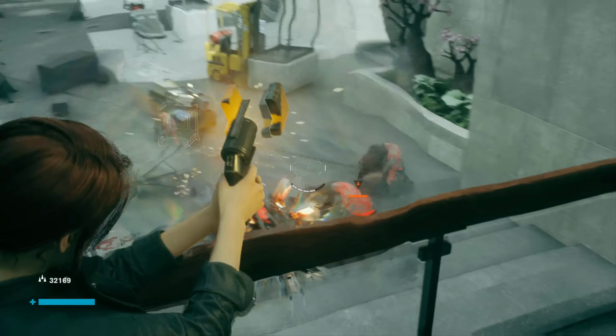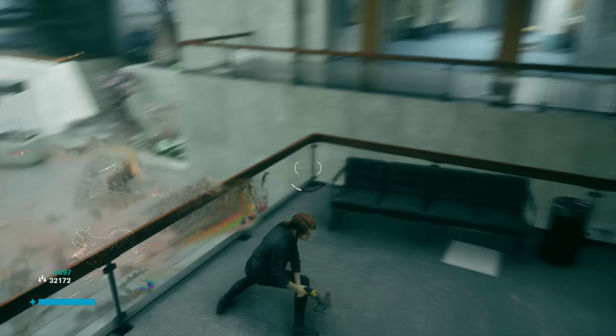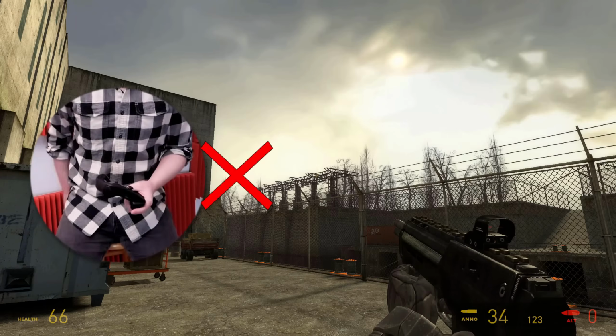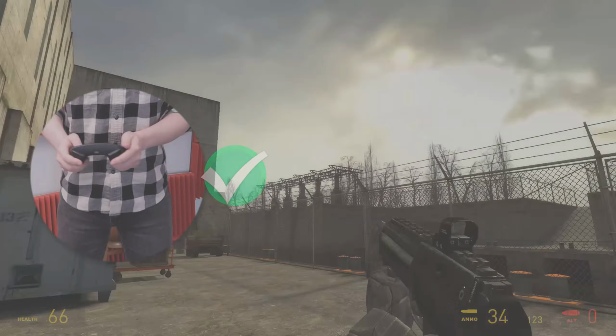Now you know everything you need to know to get started with gyro aiming on PC. A few quick tips before you go out there and start dominating. Make sure to stand when you play. This is necessary for the motion to work. Move your arms